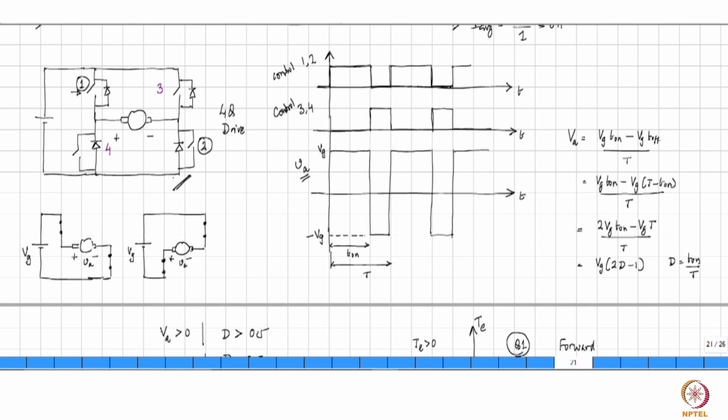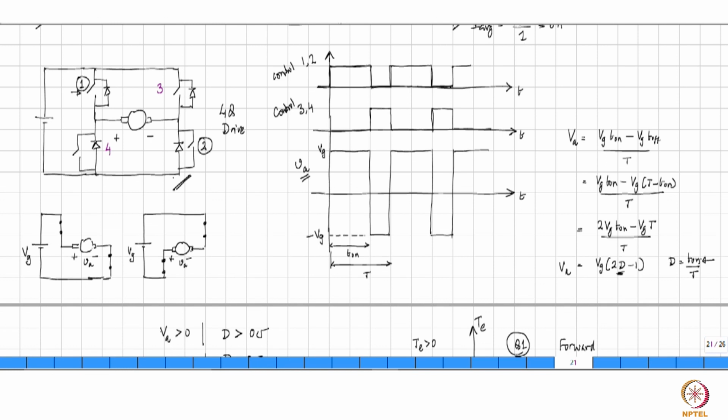So, if you look at this and let us say you want to vary the output voltage given to the armature, what you will vary, this is the average voltage. You are going to vary therefore duty ratio, and duty ratio variation means you are going to vary T on. You are not going to vary T, though that can also be done. Keep T on fixed and vary T, that will also result in duty ratio variation, but that's a non-linear variation because you have 1 over T sitting there. Whereas if you keep T fixed and vary T on, then it is a simple scale-up relationship.